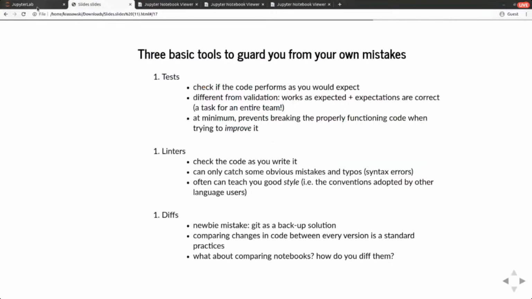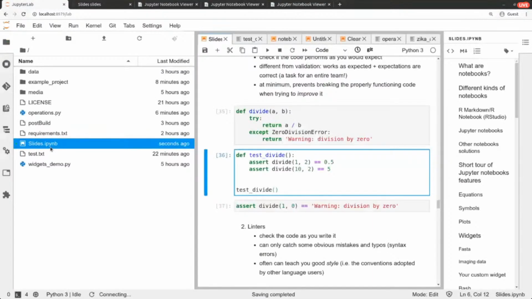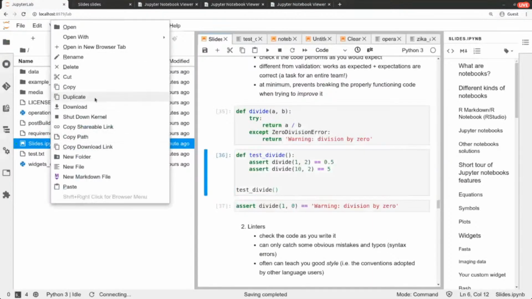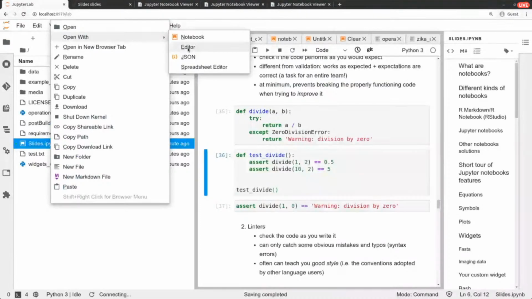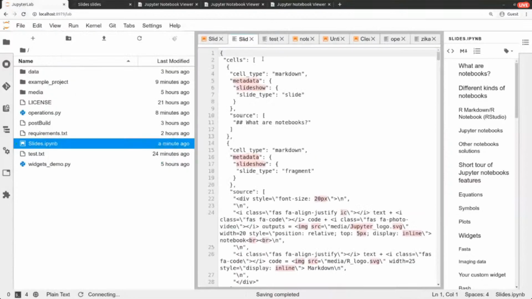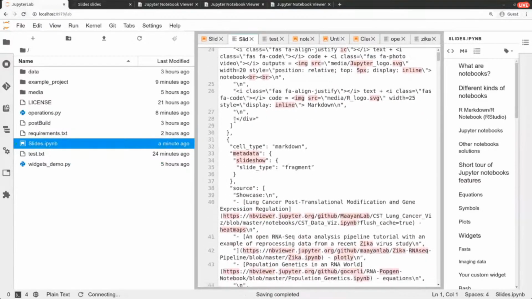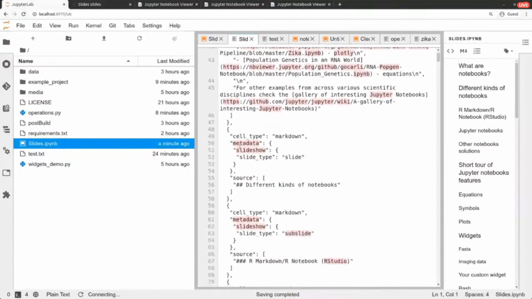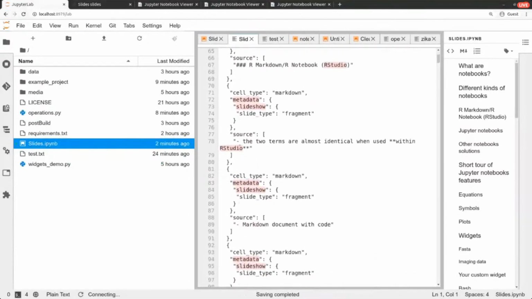And let me just show you what it means, because I mentioned this term and have not explained it properly. So if I open the notebook with a simple text editor rather than with the notebook editor, I will see a structure like this, which is not necessarily easy to work with, but it is very good for